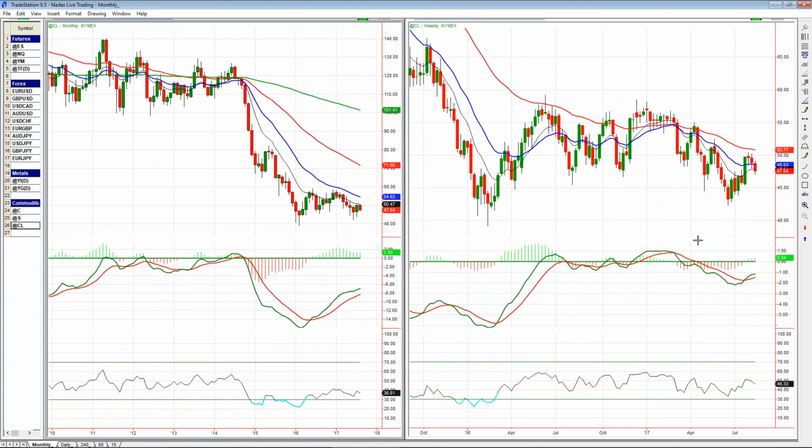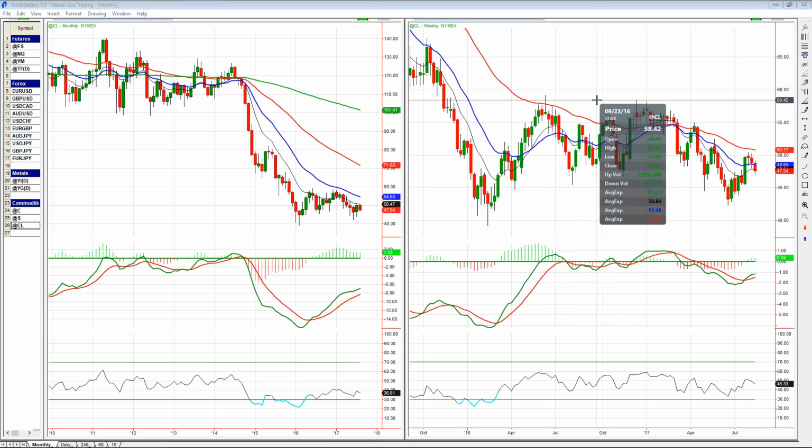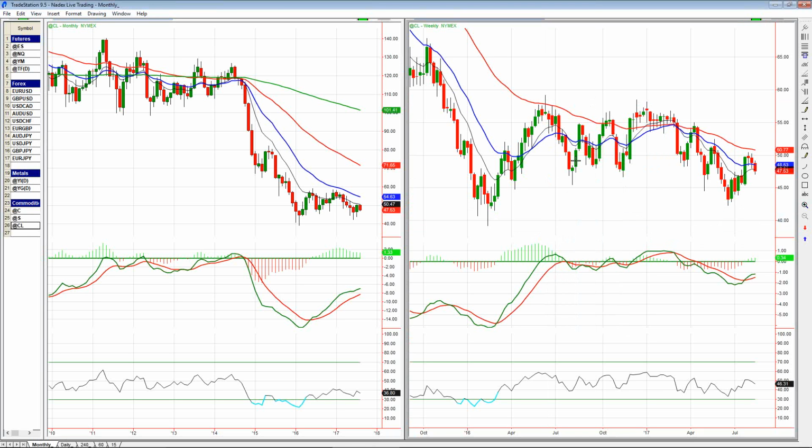And then here on the weekly chart, we have really an overall sideways market between the low here of around 40, 42, and the high up around 58. So it's been a pretty big gap. The mid-level has been right around 50, which is always kind of a midpoint on these. And one thing that you'll notice on these midpoints is when you see these in the price action and you have a ranging market like this,